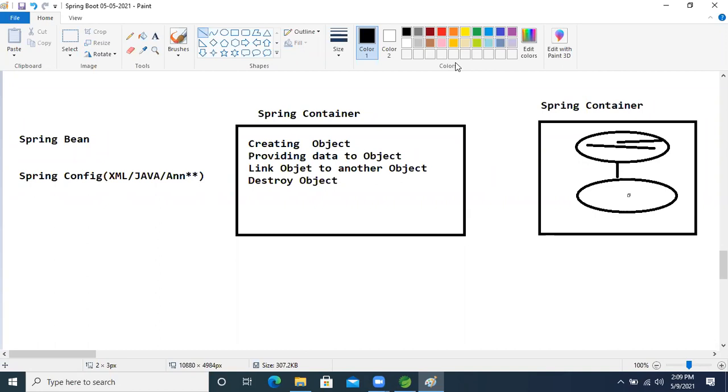After completing all tasks, last, our Spring container will destroy this object.